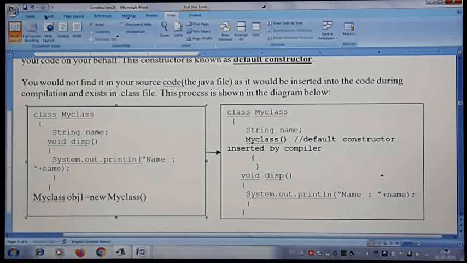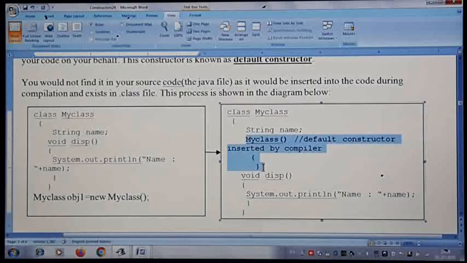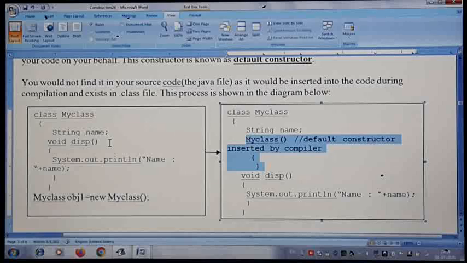So when I create an object like this, my command is still going to work fine, though I don't have any constructor here, because when you do not write any constructor for the class, then when you compile, the Java compiler automatically inserts one constructor like this in your program, and this inserted one will be there in the .class file.